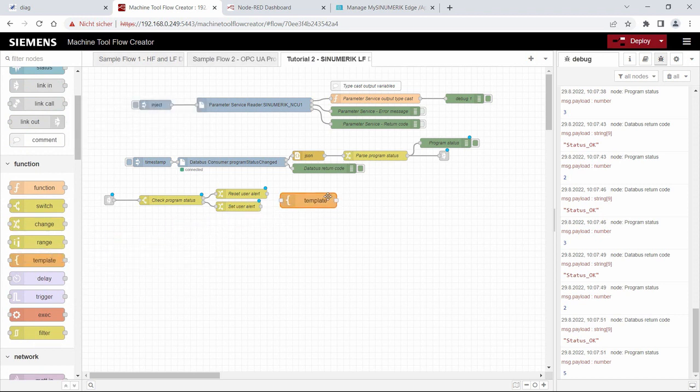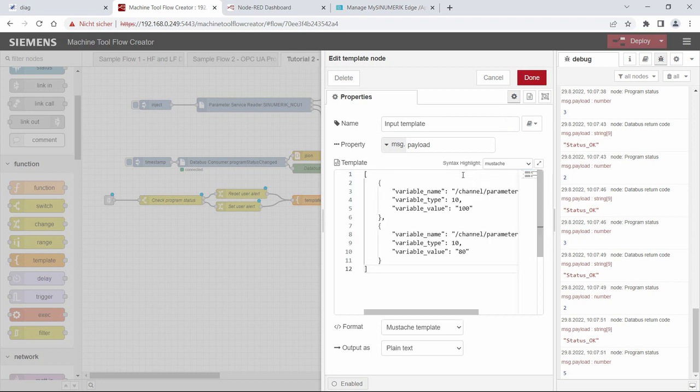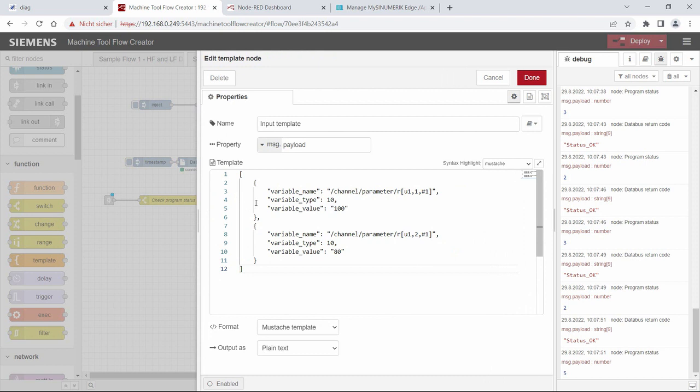So in our case, we want to pass the payload property, which contains the value of the user alert, and we create the input for the parameter service writer node. First of all, we copy the input template from the documentation, and we delete the second variable because we only need one variable,